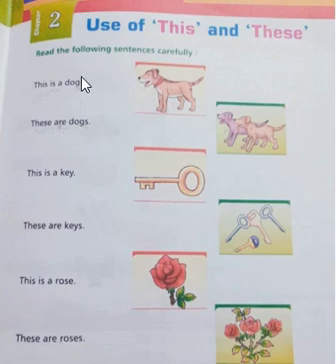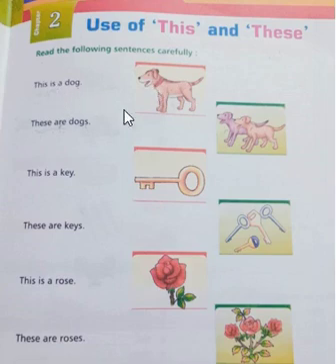Let's read these sentences to learn something more about them. Okay, this is a dog. This sentence is indicating that the dog is near to us. That's why here this is used. And please pay attention students, with this we have used is. Why did we use this over here? Because the dog is one in number. That's why this is used.